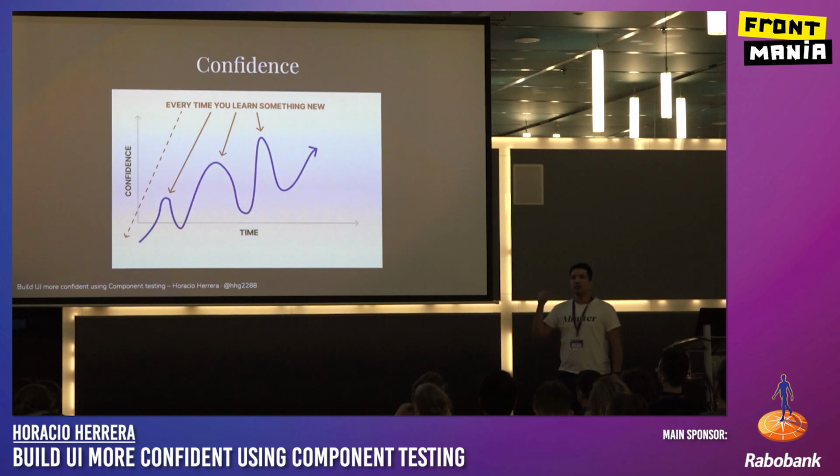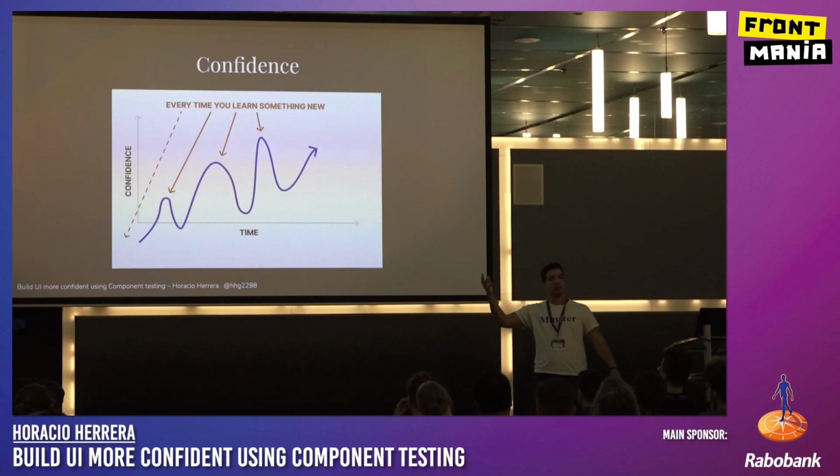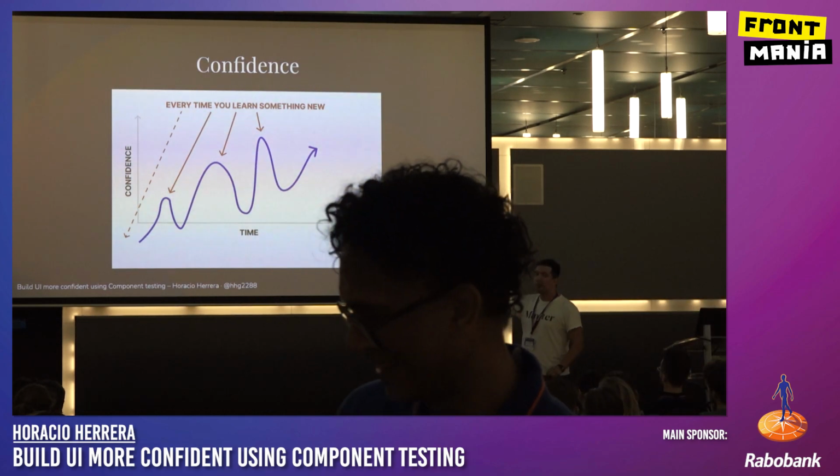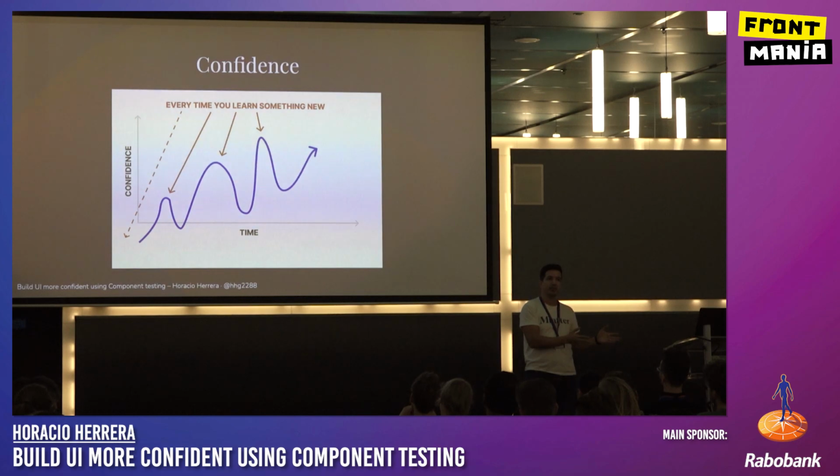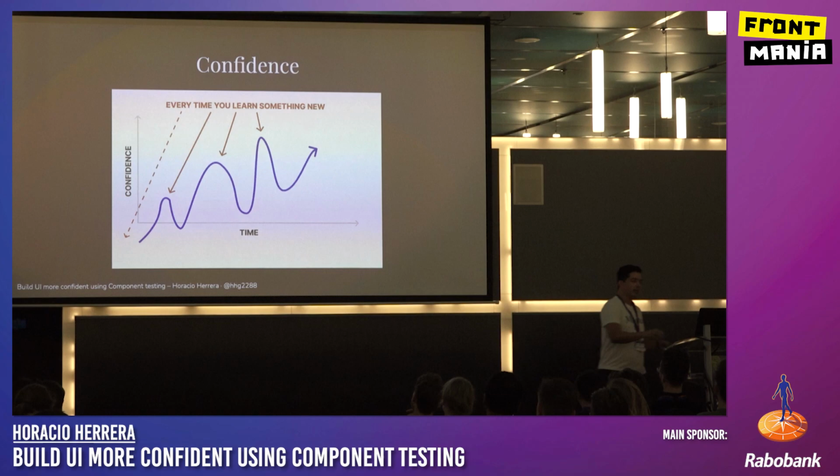Why? Because when you learn about testing and you don't have code that is tested, then you don't have confidence in your code because there are no tests. When you learn, for example, a new library for state management. Oh, state management is very controversial right now. When you learn it and you haven't applied it, then you lose confidence in your code. You think you need to use this in order to make your application better and run faster and to do it like the real people do, right? And those are the hills. Then we go down because we don't trust those things. We don't trust what we did before.